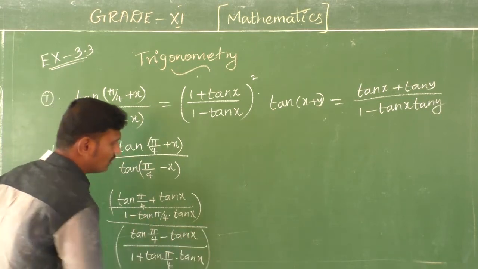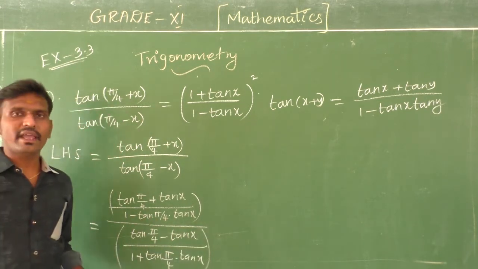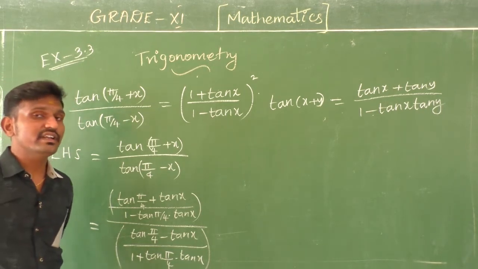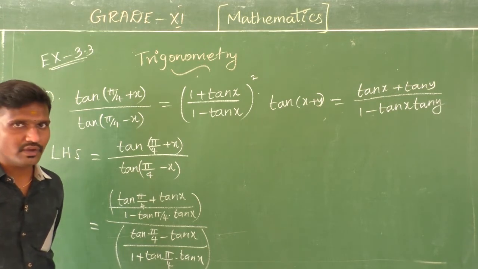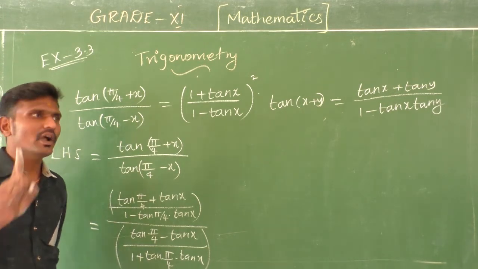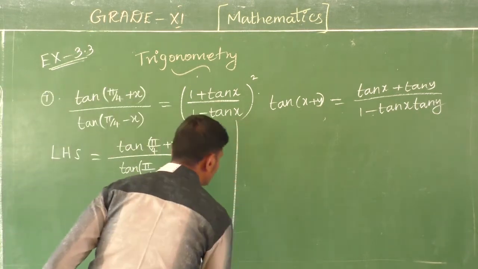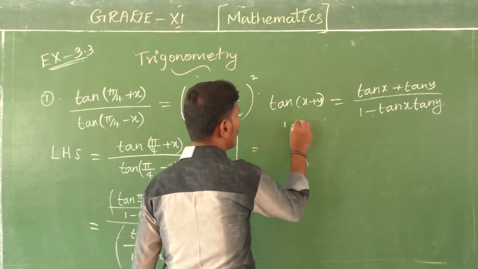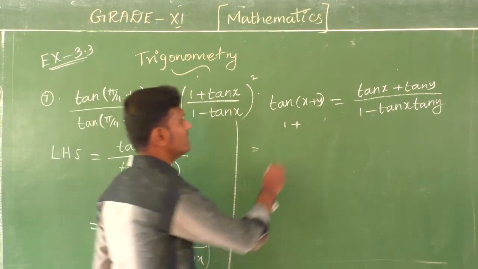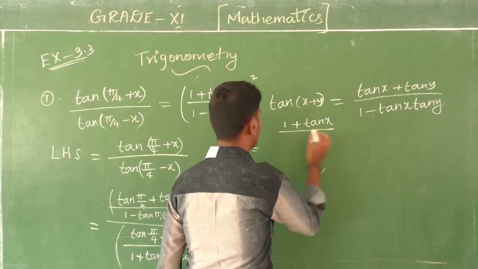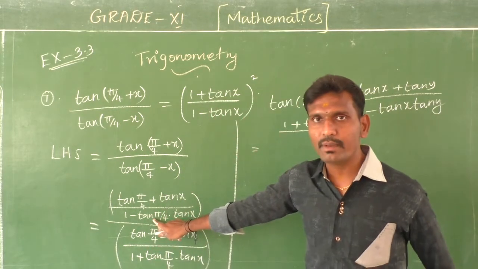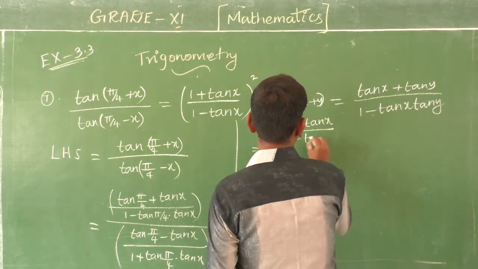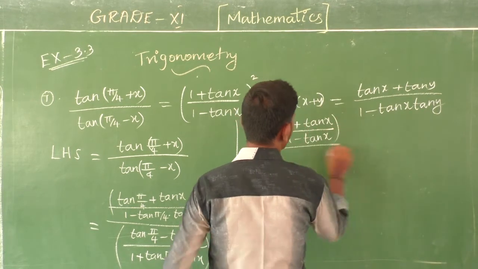Okay, now this is very simple. Do you know the value of tan π/4? Yes, π/4 means you just convert to degree measure. Tan π/4 is tan 45. So what will be the value of tan 45? 1. Yes, the value of tan 45 is 1. So substitute that value: you get (1 + tan x) divided by, if you substitute tan π/4 equal to 1, 1 into tan x, the same, so 1 − tan x. So this is your simplification for the numerator.